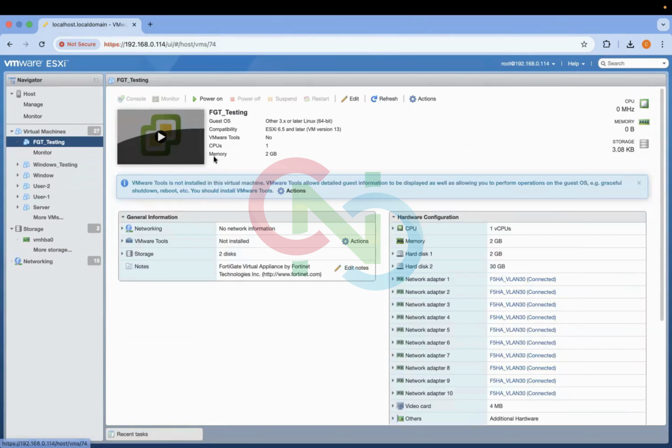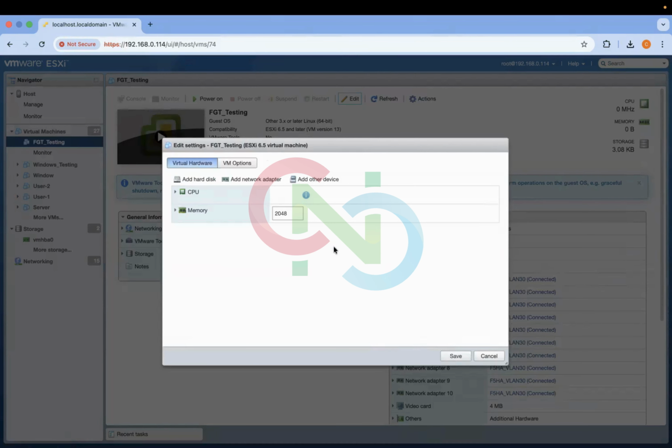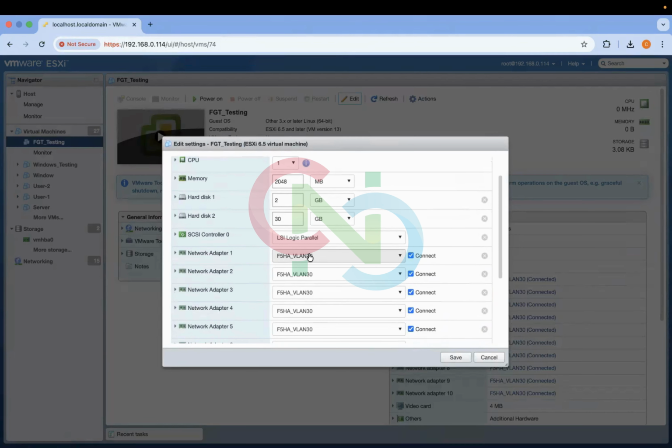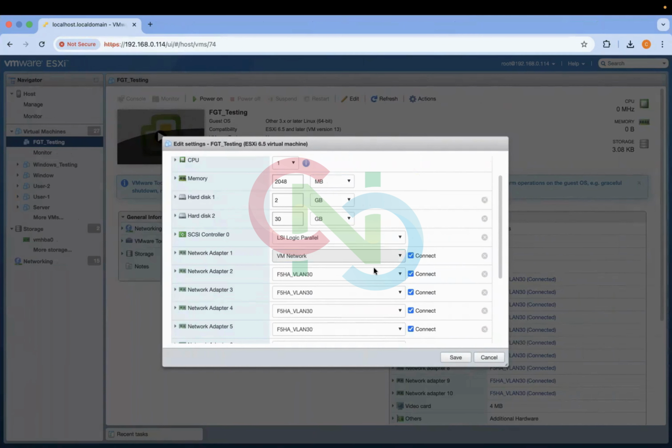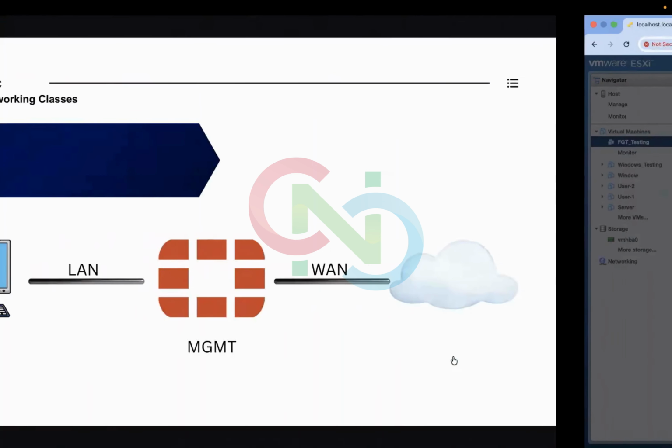So I'll go to FGD testing. So the first interface I'll be using as the management, and also I'll be using as a WAN. Okay. So go to edit, the first adapter number one, right? I'm using as a VM network, right? So right now what we are saying, so let me just note down here, this is VM network, right? So I'm connecting port number one as a VM network where it will get the IP from the WAN, right? And also that I'll be using for the management access. VM network, save it,